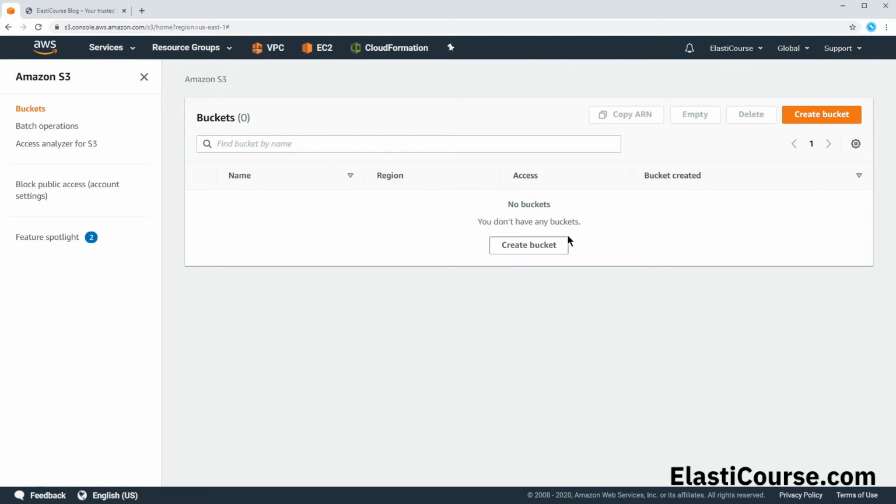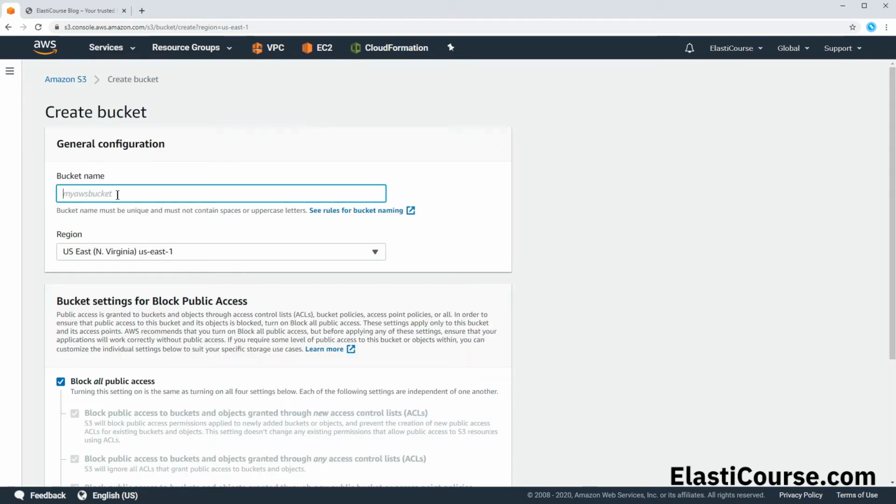First we need to create a bucket, and a bucket in S3 is like a folder, and we can store our OVA, VMDK, or VHD files in this bucket. We can just call this Server Migration 101. This name has to be unique because it uses the global DNS system for the S3 domain. And the region for the bucket has to match the same region where we want to deploy our image. So if you want to deploy your image in North Virginia, you want to use the North Virginia region